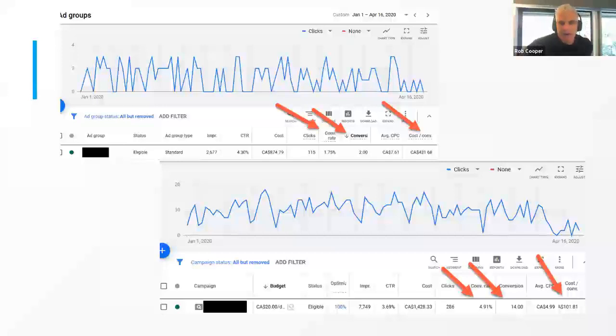You'll see from the date range on these performance reports, screenshotted from Google AdWords yesterday, showing two small clients that we have on the Jumpstart website of our business, two lawyers marketing the same type of service in a very similar market. In one case, one of them has a conversion rate of 1.75% and a cost per conversion of $431. And this is for people who have basically submitted information